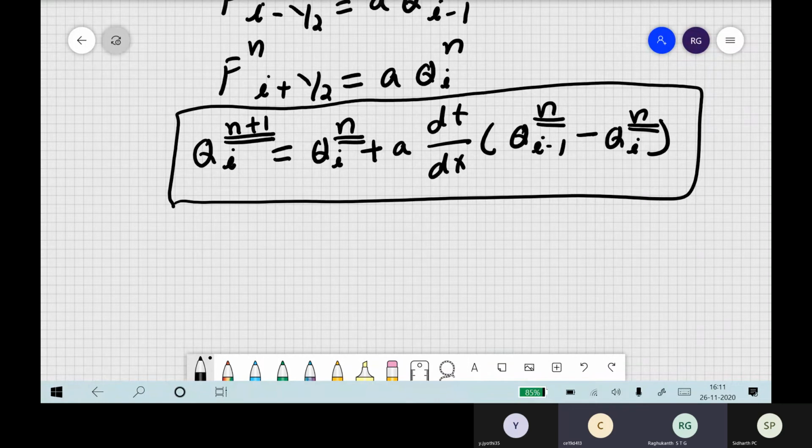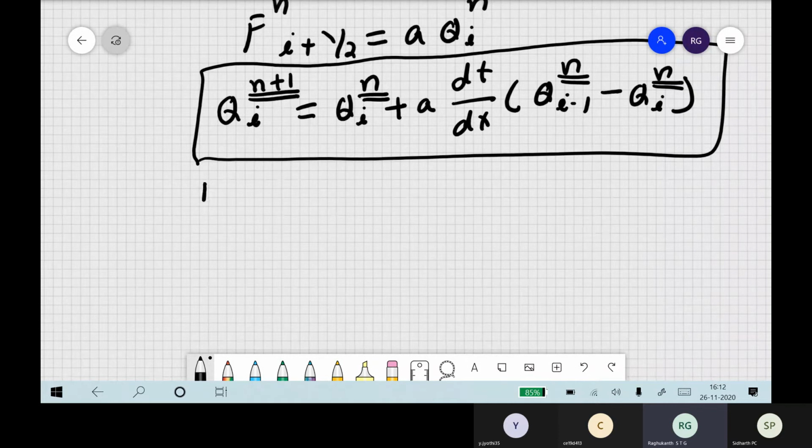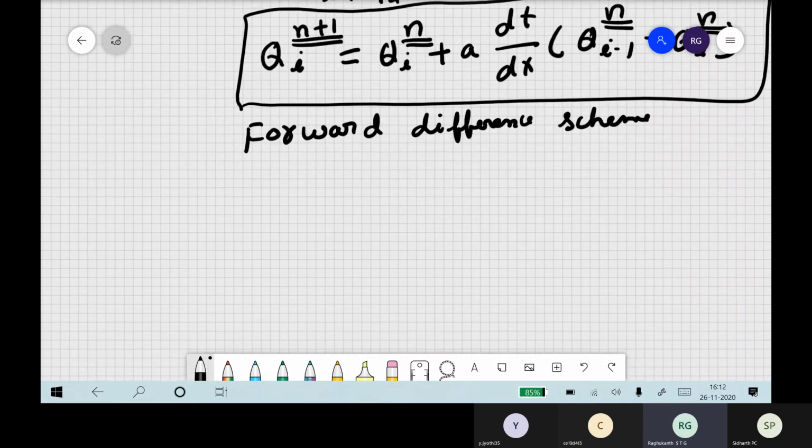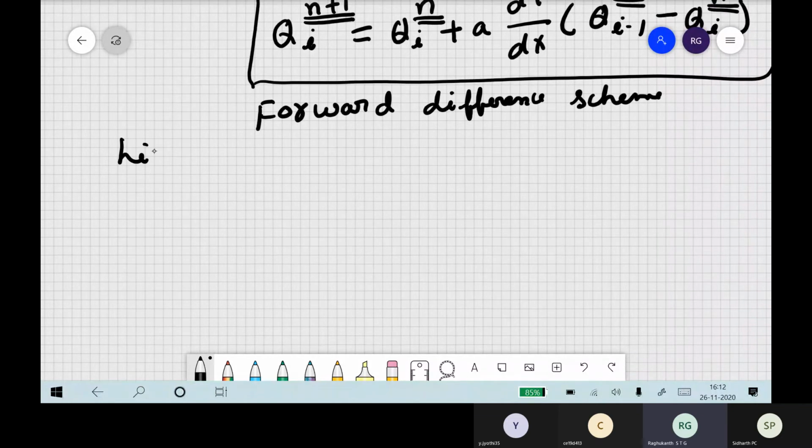If it were backward, n minus 1 would be there. But here you have terms n plus 1 and n, so this is essentially a forward difference scheme. It is not even a central difference scheme. Central difference means you should have n minus 1 also. You follow. So you can see, as I already told you, all of them are the same, because this finite volume is the same as this one only, and you can get a similar form also. We will see after some point of time that you can go for higher order terms also by Taylor series and others.